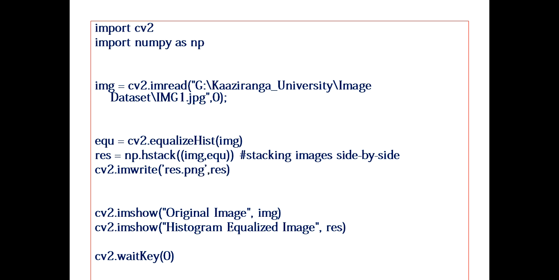Now let's show the original image. cv2.imshow original image and cv2.imshow histogram equalized image res. So both images will be displayed to you, and then cv2.waitKey(0). You know why I'm using that. The next question to you, I have just illustrated. If you were really concentrating on my illustration, then I have already illustrated. But I'm asking you again, why am I using 0 in this statement? If you have listened carefully, then obviously you can answer this question.